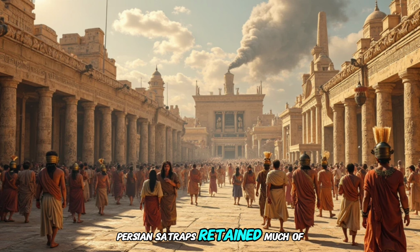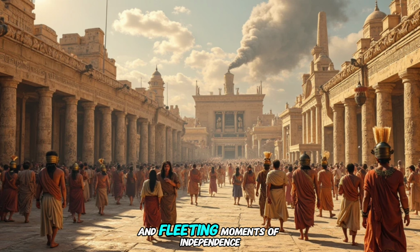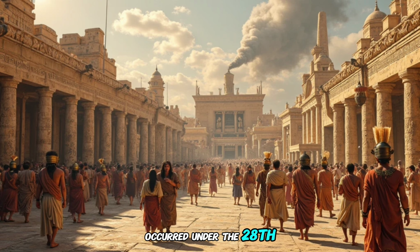Although Persian satraps retained much of the Egyptian bureaucratic system, the psychological blow to Egyptian identity was immense. Revolts continued to erupt over the following century, and fleeting moments of independence occurred under the 28th, 29th, and 30th dynasties. But each resurgence was weaker than the last. The final flicker of native rule came under Nectanebo II, who tried desperately to defend Egypt's sovereignty against renewed Persian aggression. In 343 BCE, facing overwhelming odds, he fled south to Nubia, leaving Egypt once again under foreign control,